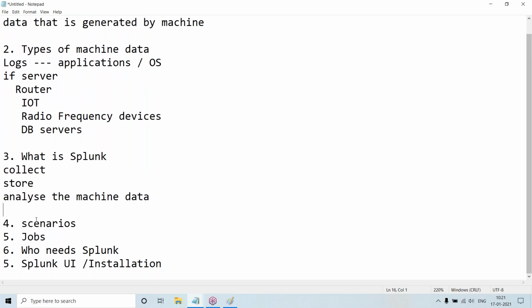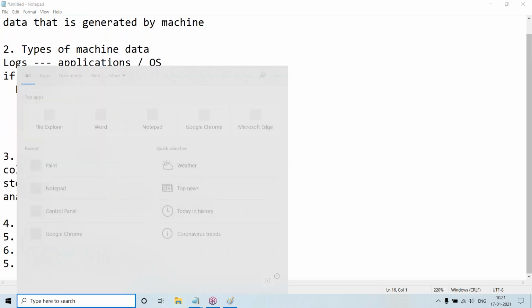We'll see how the log looks and how Splunk looks.